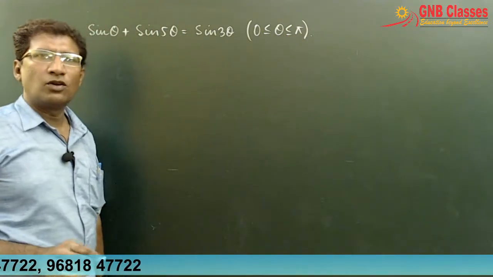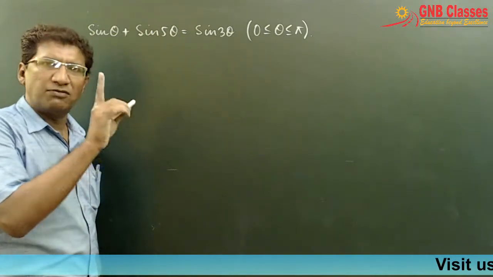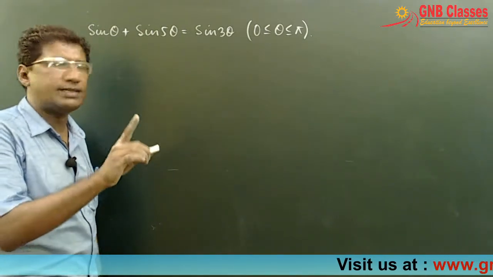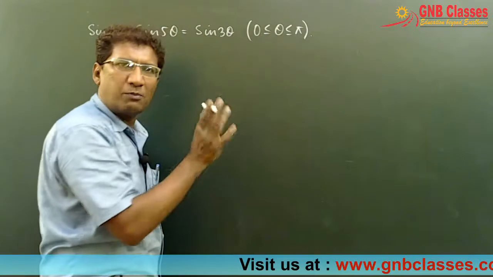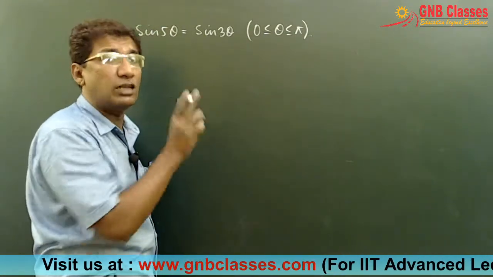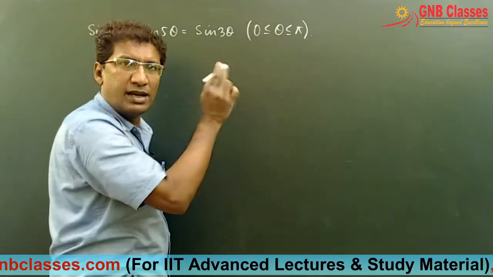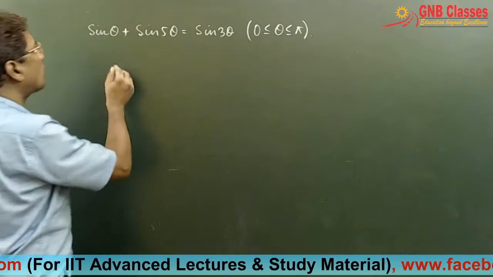So here we will find out the general solution first, and then we will find out the values of theta which are falling between 0 and pi, and that will be our answer. Our answer will not be the general solution in this case. We have to find out the particular values of theta which is falling between 0 and pi. So for that, what I am doing,